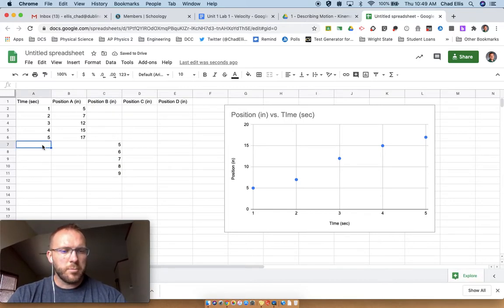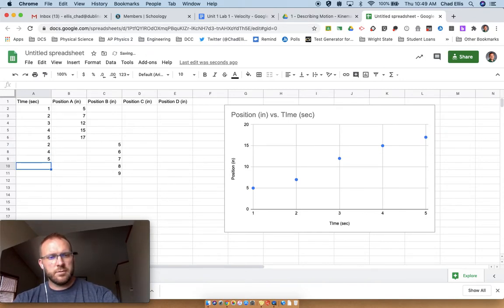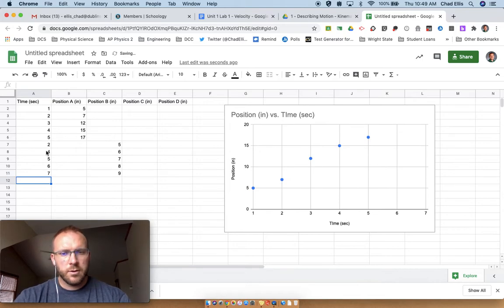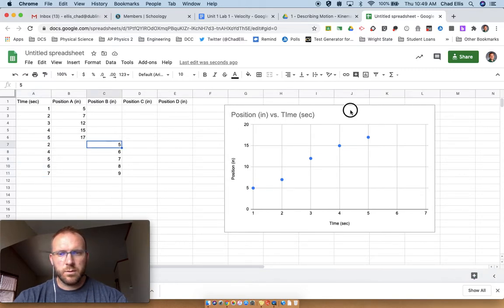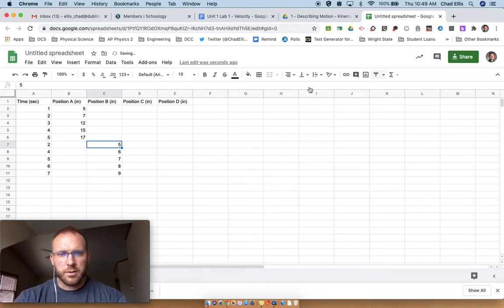I would just then put my times in down here. 2, 4, 5, 7, 6, 7, right? And what you'll see, it doesn't matter that I don't have any data here for my first motion. I'm just putting all my data here, and it's going to graph these associated with this. So if I were to recreate my graph now,